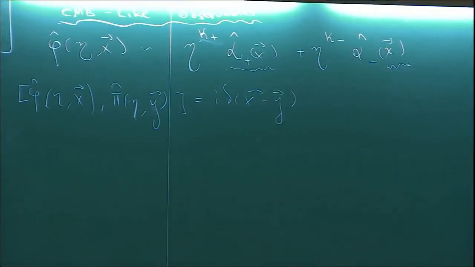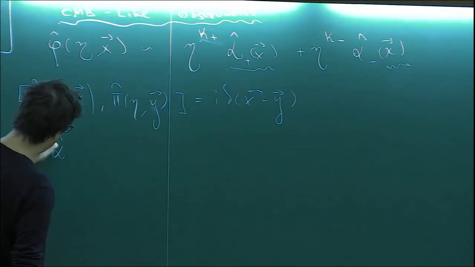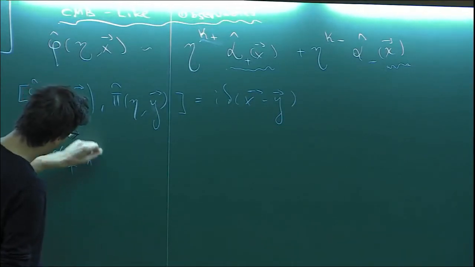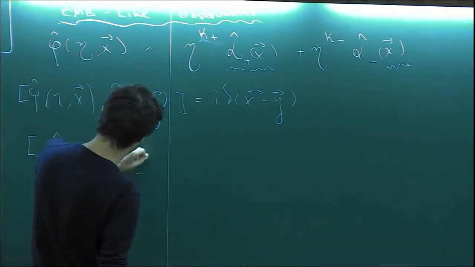That's just standard quantization. I haven't done anything complicated. But what it means from the point of view of our alpha plus and alpha minus is that they themselves, though they look like operators that innocently transform under the Euclidean conformal group, they themselves satisfy a non-trivial commutation relation, which is given by